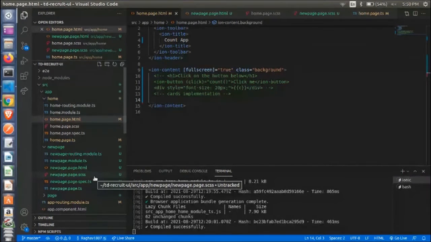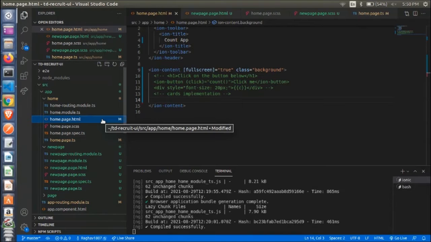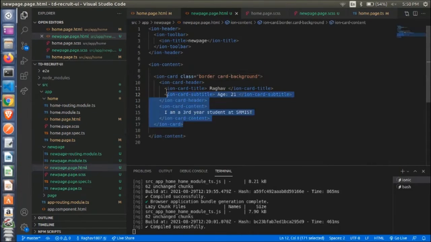Yes, you have to copy from that ion card, right? Yes, you have to copy the entire ion card, from the starting of the ion card tag to the ending of the ion card tag.